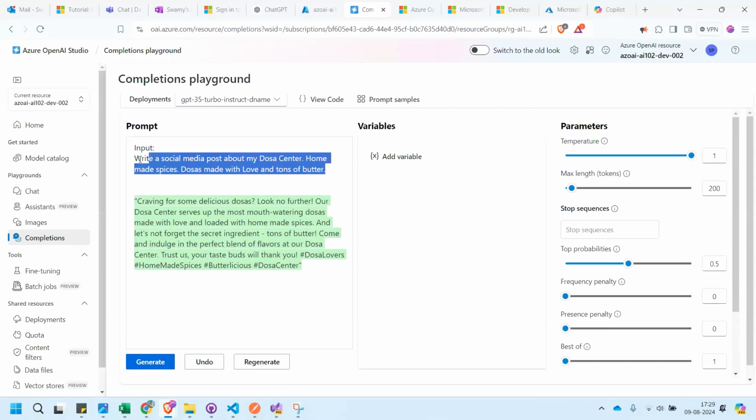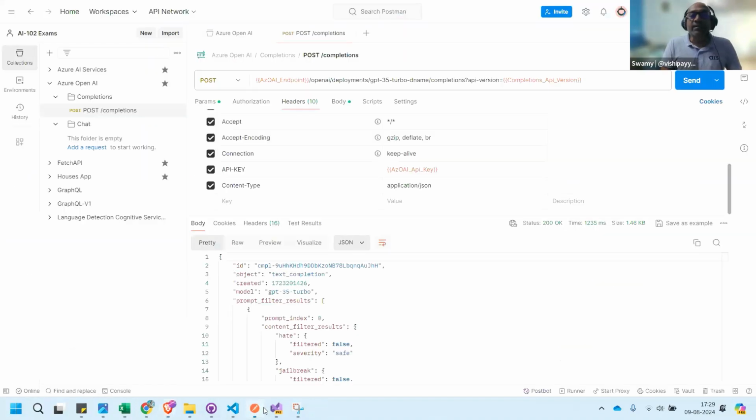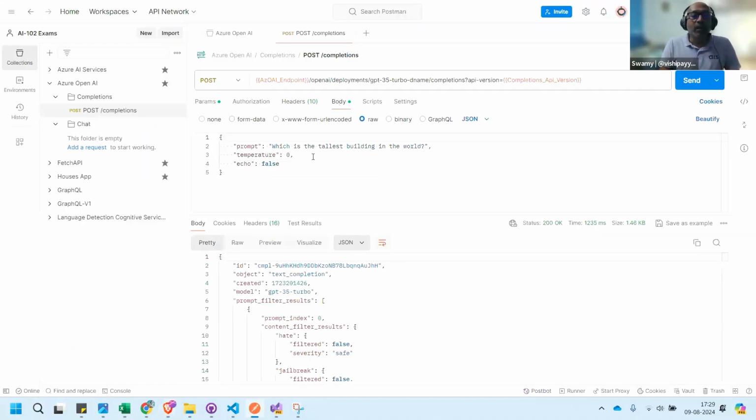Let's see this sample in Postman. I'll come back to the body, and in this one let's use temperature 1 and n to be 5.